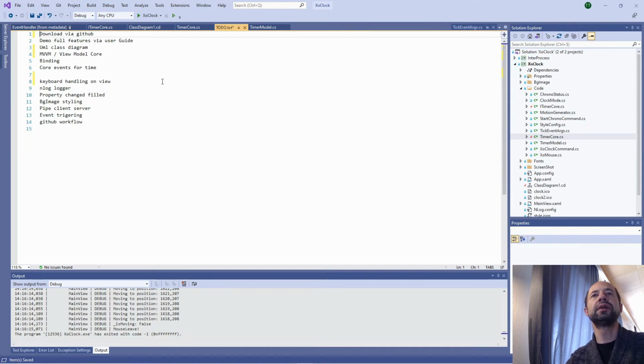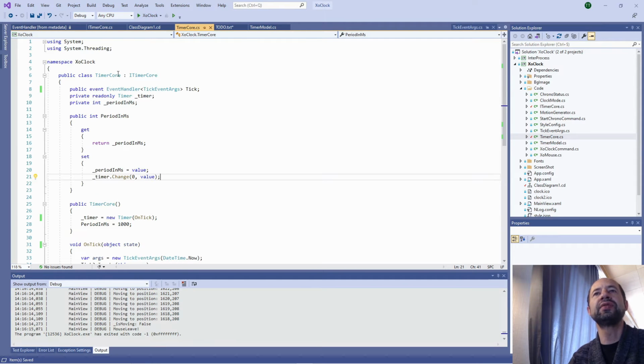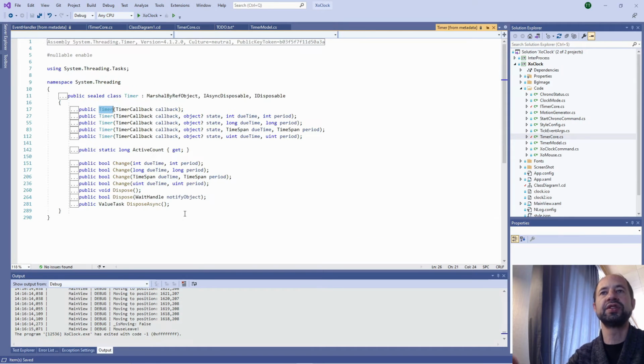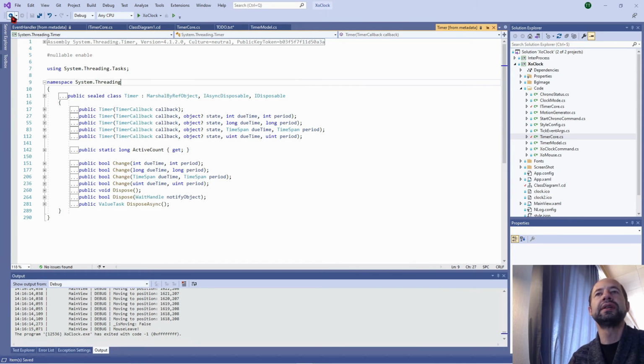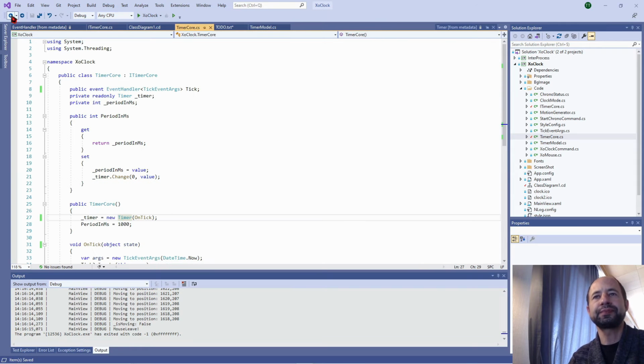So what we have seen for the moment inside the code is how I am updating the date. So the date is updated via the timer core object, which in the pure core is using a Windows timer. You see it here. If I go to the definition, I am in the system threading timer, not the WinForm timer, a threading timer.